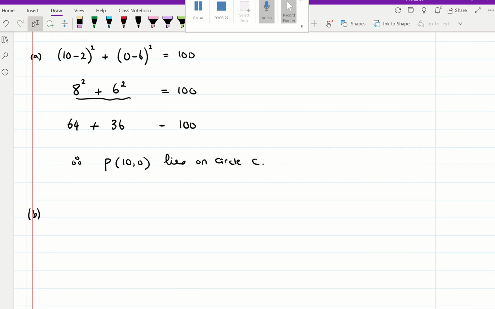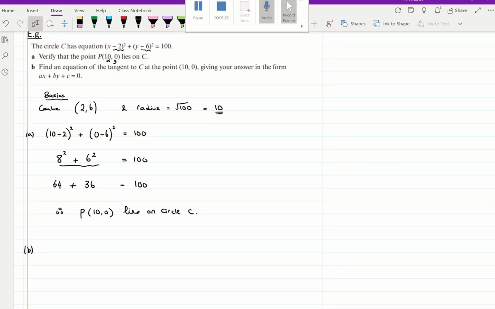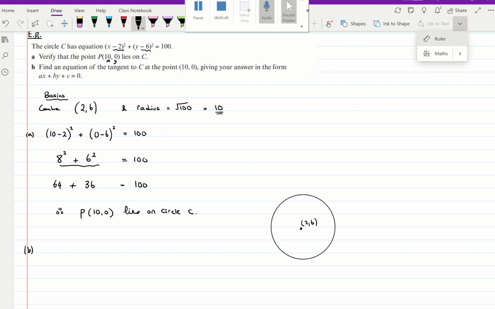Okay, so I'm going to just do a simple drawing just to visualize what's going on. So I have a circle, and that circle has a center (2, 6), and the radius is 10. Okay, and it has a tangent,